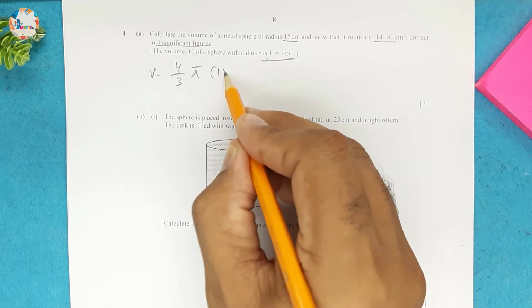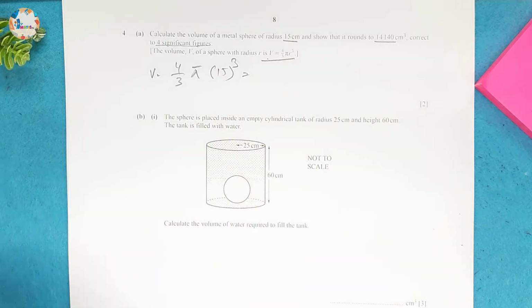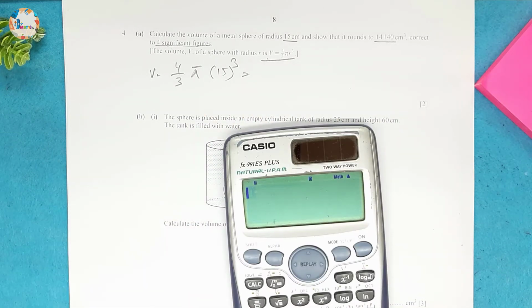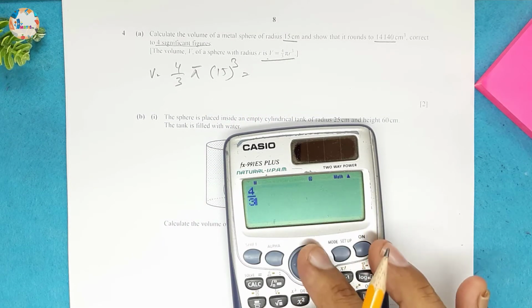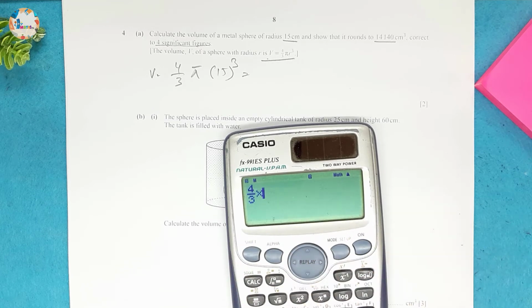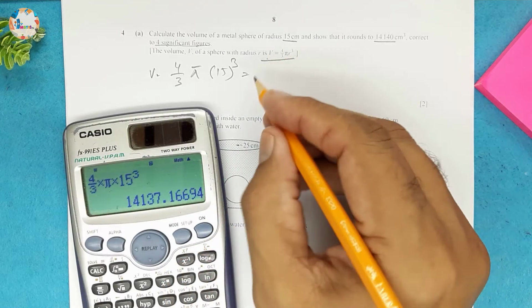R is 15, so 15 cubed, and this will be equal to 4 over 3 into pi into 15 cubed, which is this. So this will be equal to this one, and if we take the decimal value, it will be